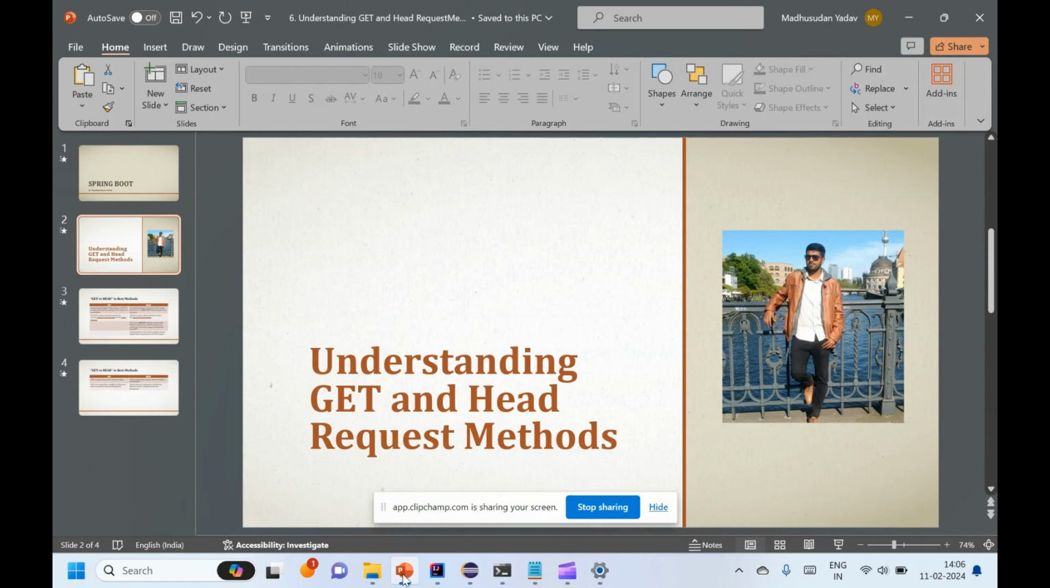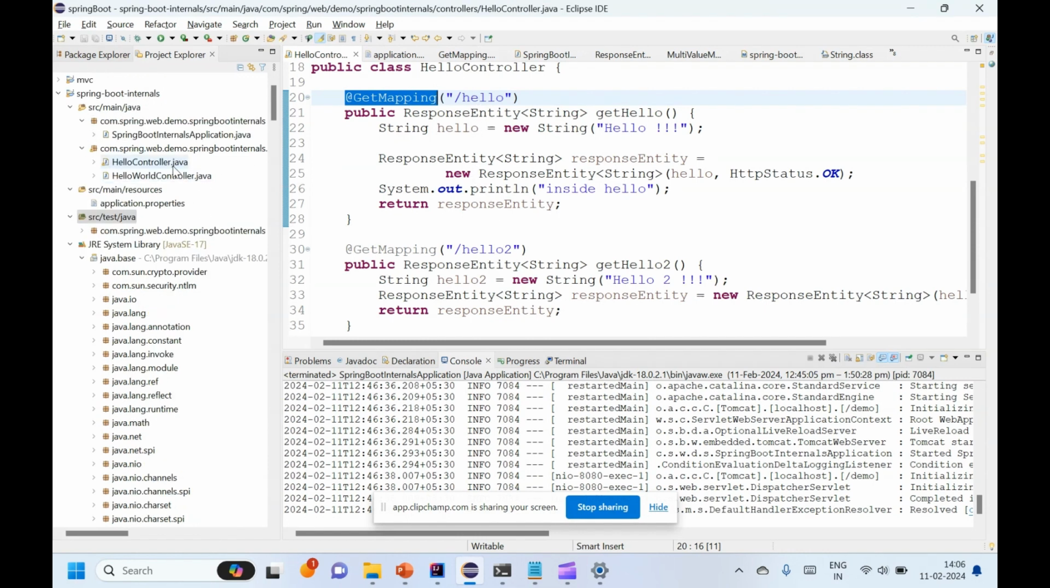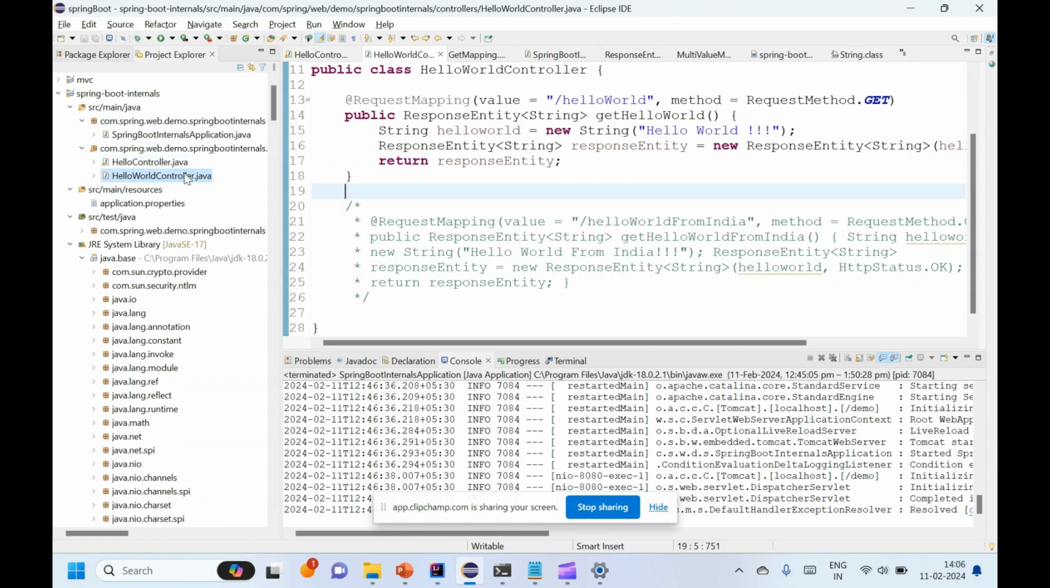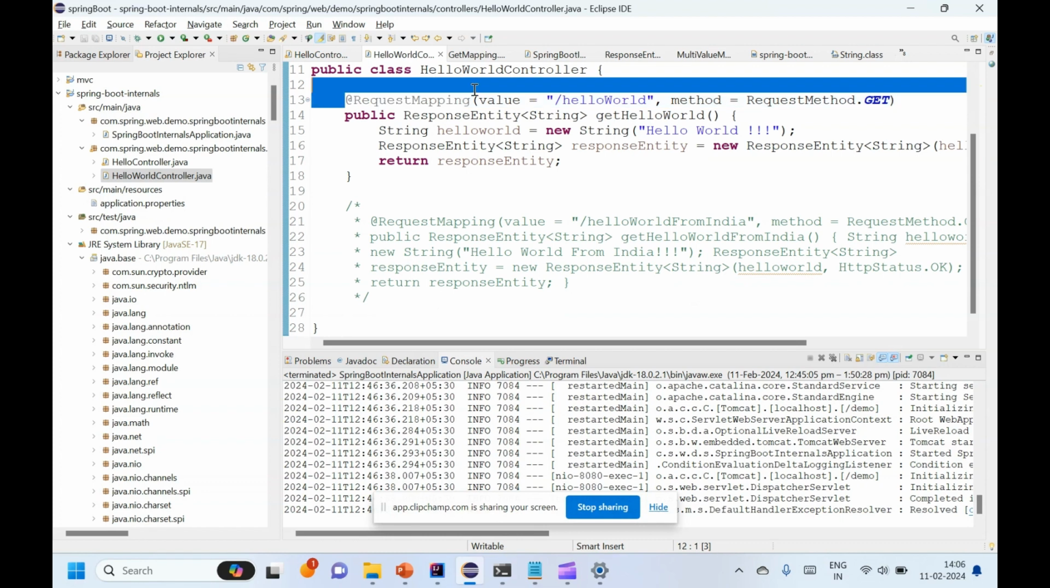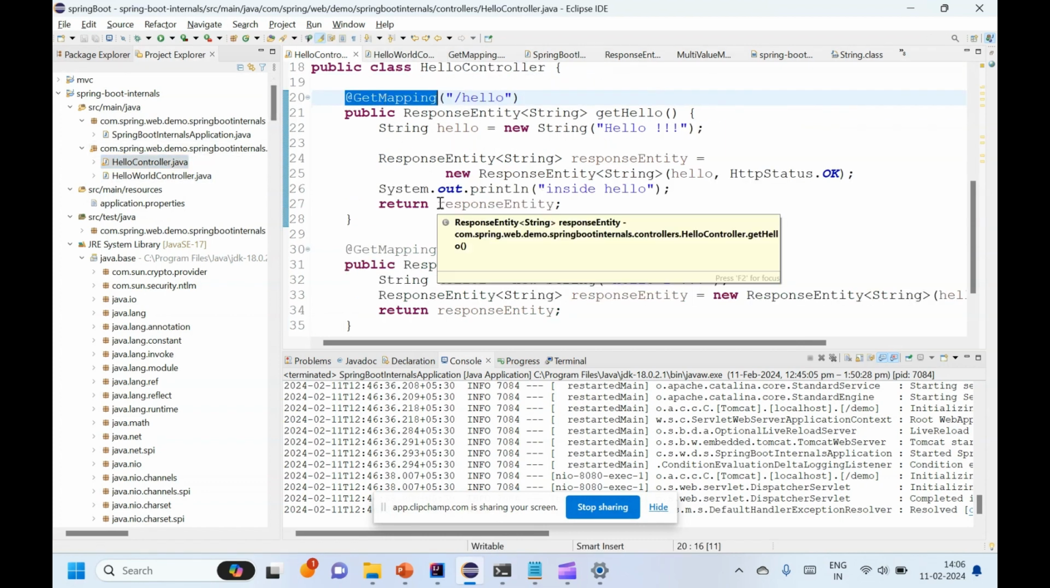So today's topic is understanding GET and HEAD request methods. In the previous session, we saw invoking the GET request method from Spring Boot. We created a couple of controllers, HelloController and HelloWorldController. In both the controllers, we saw the difference between using @RequestMapping and @GetMapping. Now today we'll take this discussion a bit further and discuss two methods that are available in HTTP, which